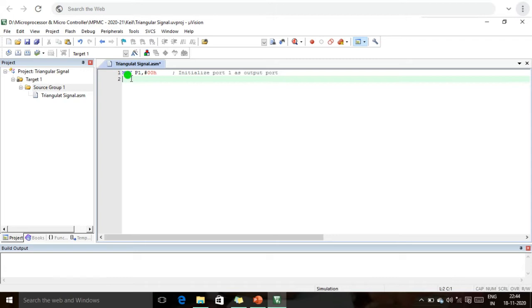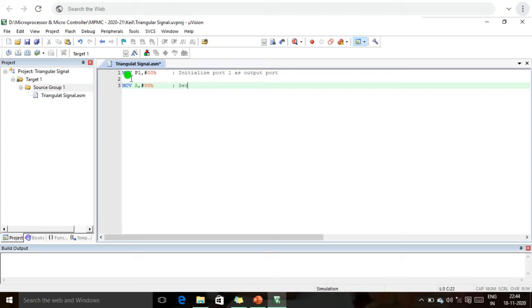Next step, first we are going to write the rising part. In this rising part, the initial value becomes MOV A, #00H. This is the initial value of the rising. Because the rising part starts from the 0 value, that's why the value becomes 00H.